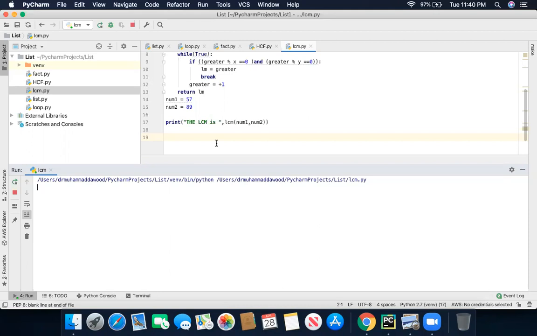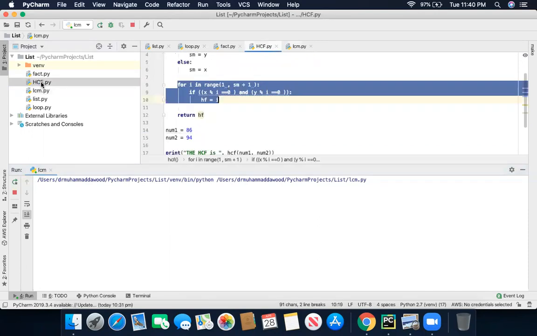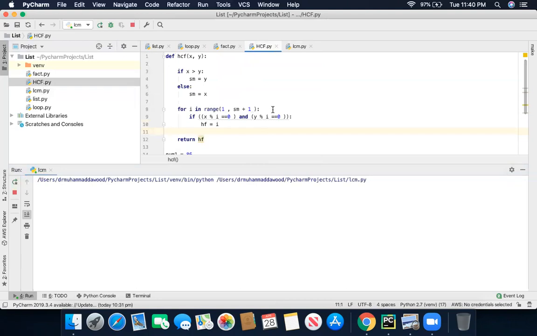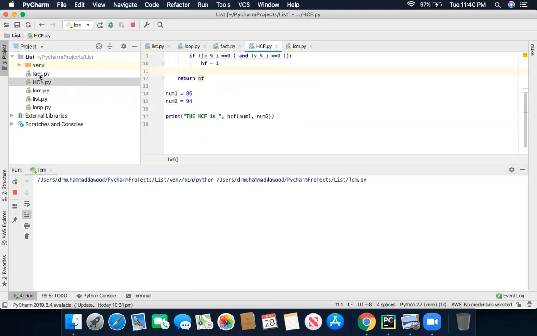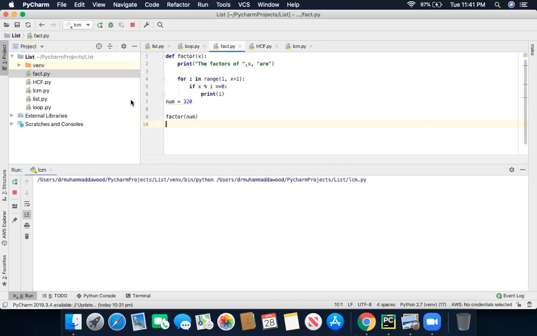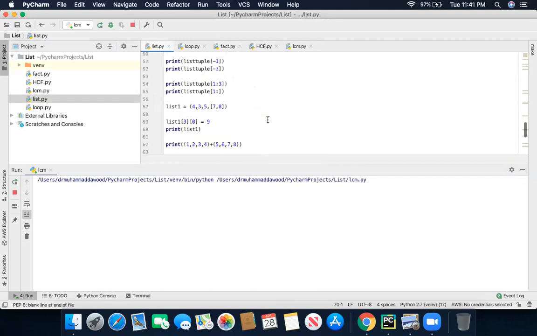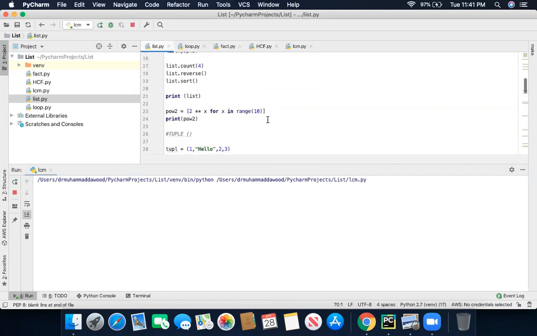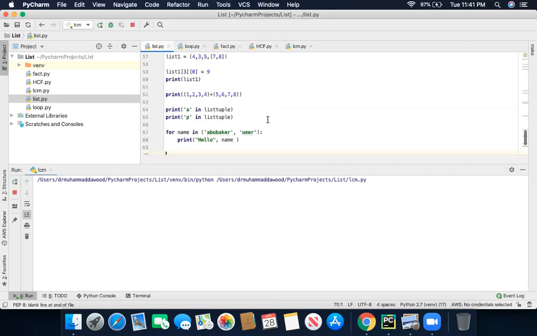So right now we have an assignment for you. I'm going to send that assignment on WhatsApp as well. What is it? It's some kind of LCM and HCF. You just have to find the HCF, LCM, factor, and list as well. You have to submit that assignment by Saturday. What do we have to do? LCM, factor and list. You have to find the HCF, the highest common factor, of any numbers, factors using the factor program, and the list. I will definitely explain the assignment as well, so you can easily do it.